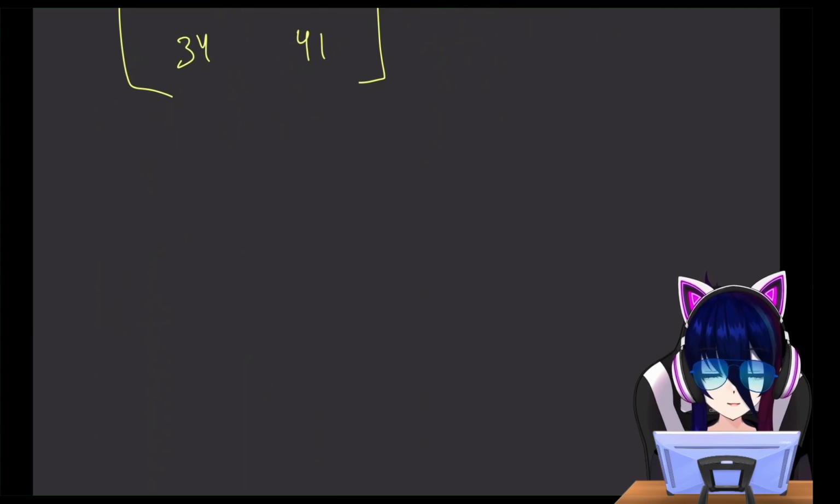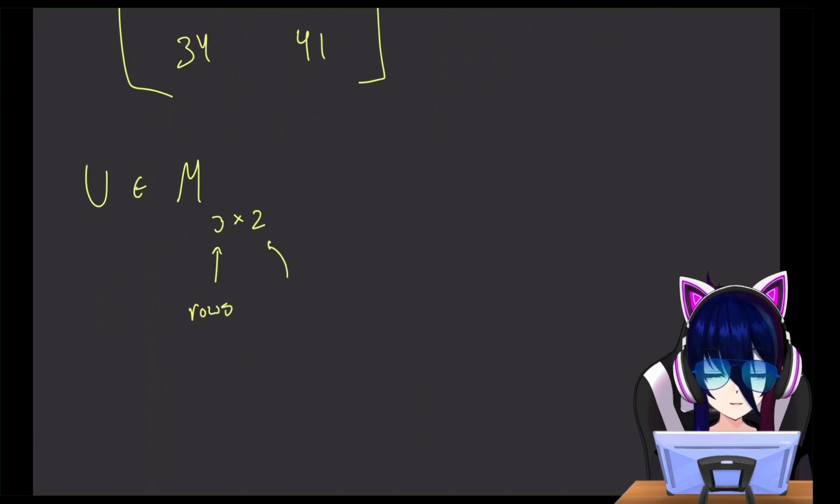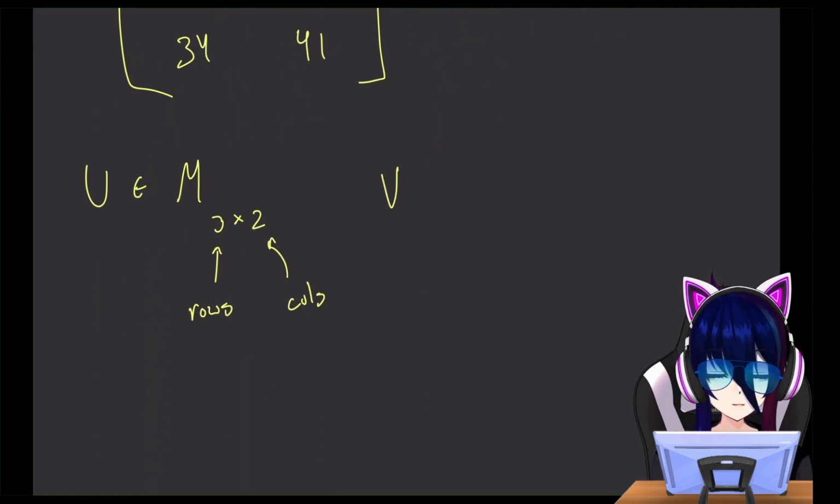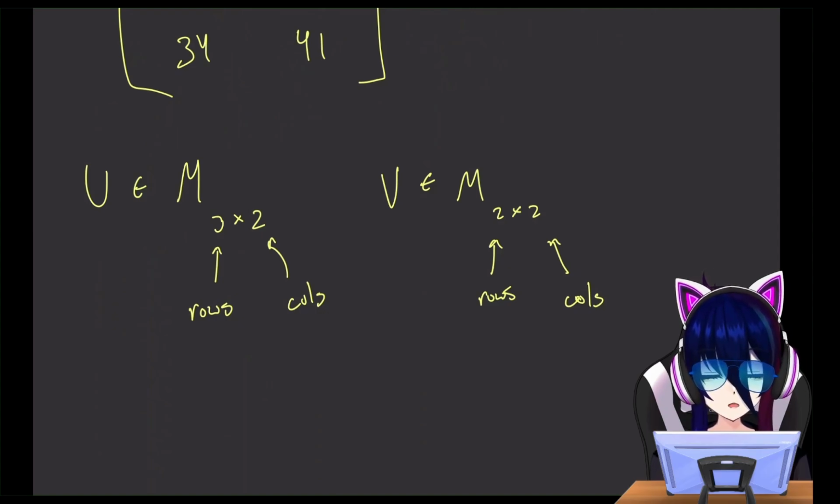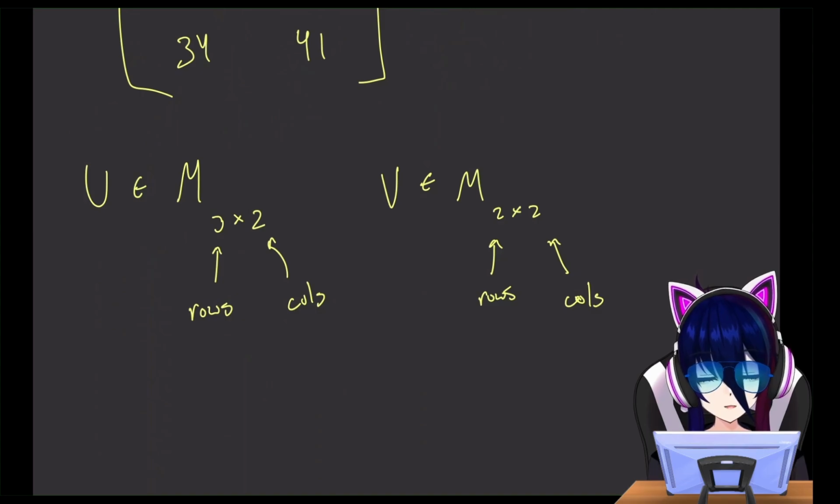As we can see in our example, U was a matrix of 3 times 2, where 3 was our number of rows and 2 was our number of columns. And V was the matrix 2, 2. 2 rows, 2 columns. Now, why were we able to do this multiplication? Well, that was because our number of columns of our first matrix was equal to our number of rows in